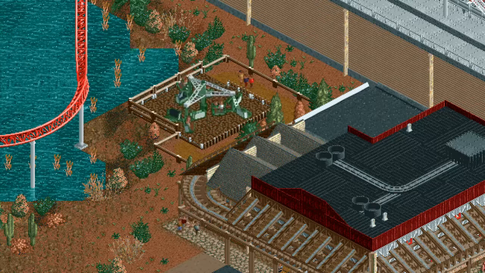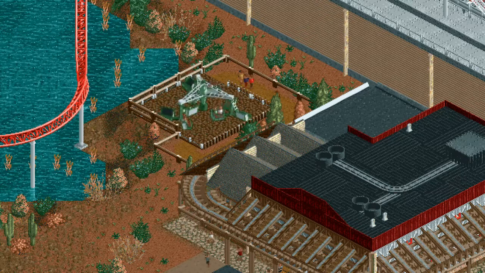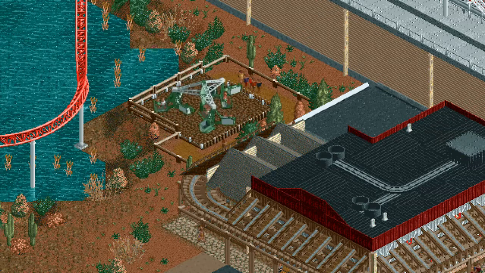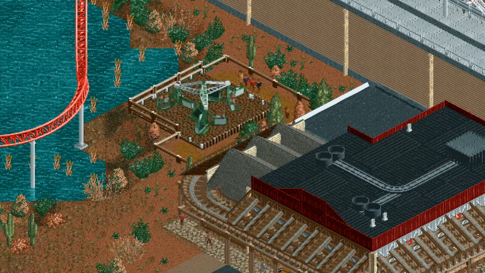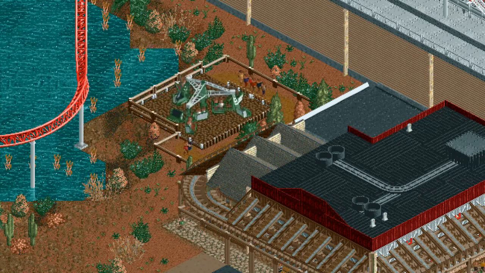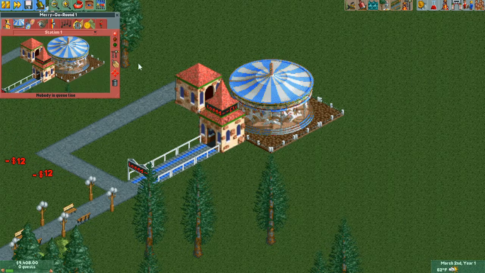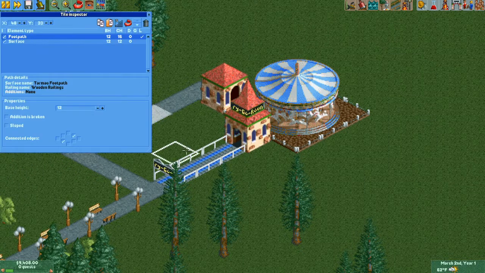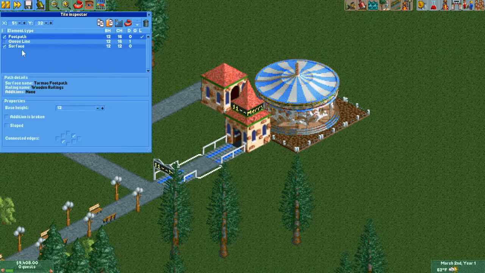Another useful thing we can do with the Tile Inspector is to change the appearance of ride queues. If you don't like the look of the queues that come with the game, but aren't using custom queues, you can still get nice looking ones by layering multiple paths on top of each other. Here are 2 common techniques you can use. For the first technique, simply copy and paste plain footpath over your queue and make the actual queue invisible. Your peeps will still queue as normal, but the queue can now be made of any path you like.